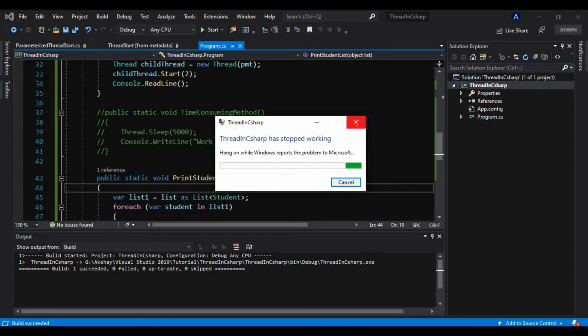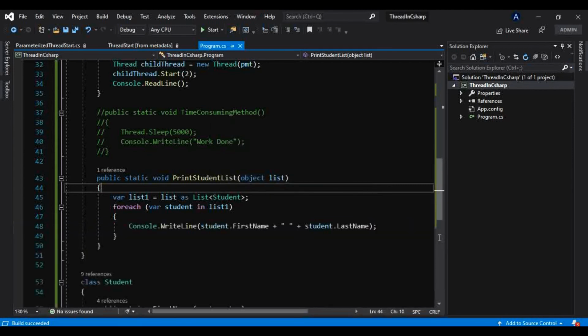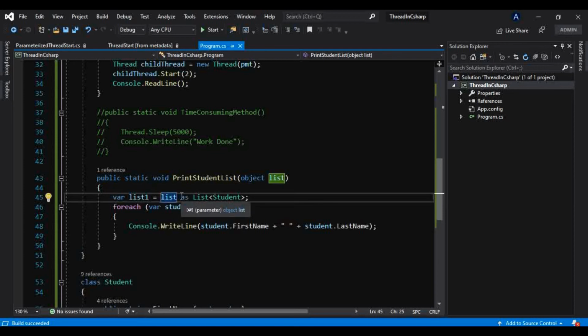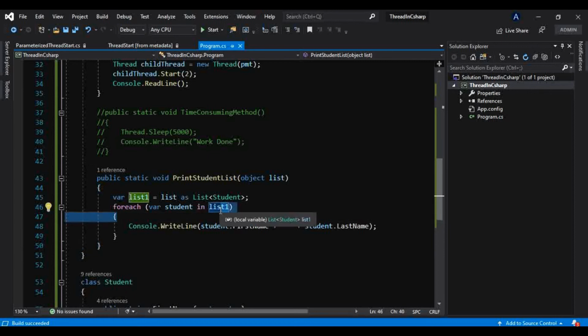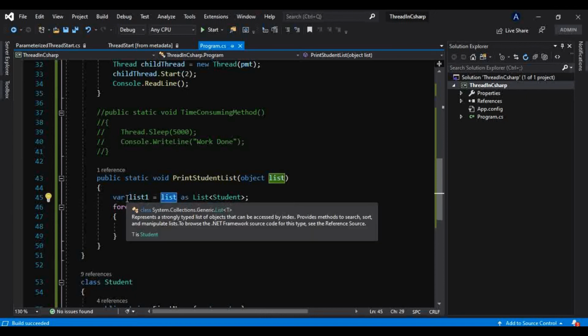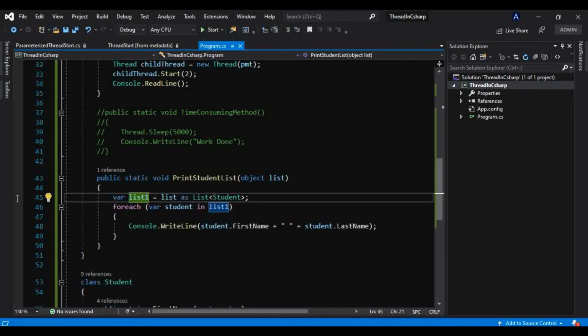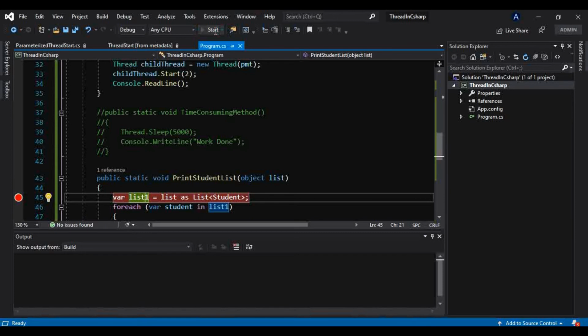Okay, so maybe we have cast that explicitly or forcibly to the list, but still it is not a list, it is a number. We are trying to loop through that list, which is nothing but null, because this 2 cannot be a list, and that list should be null only. If I put the debugger here, something like this, and now run this in debug mode, let's just see what that list gets.